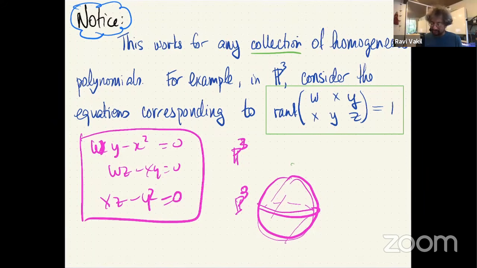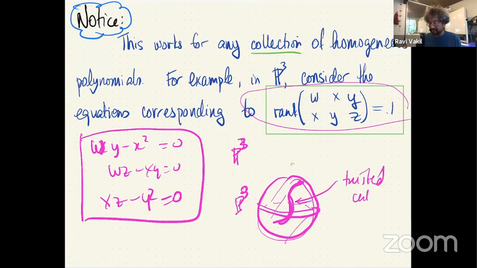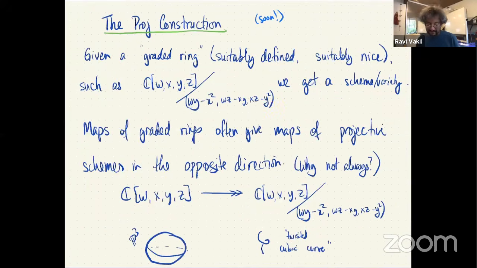That's a good picture of it. But what is this thing? It's cut out by a bunch of equations in each of the standard opens. So the resulting thing should be sitting inside P3. And it turns out to be a curve, not that we know what that is. And this is a twisted cubic curve, whatever that is. I don't know what twisted is, you don't know what cubic is, and you don't know what curve is. So, okay. And so more generally, we can have the